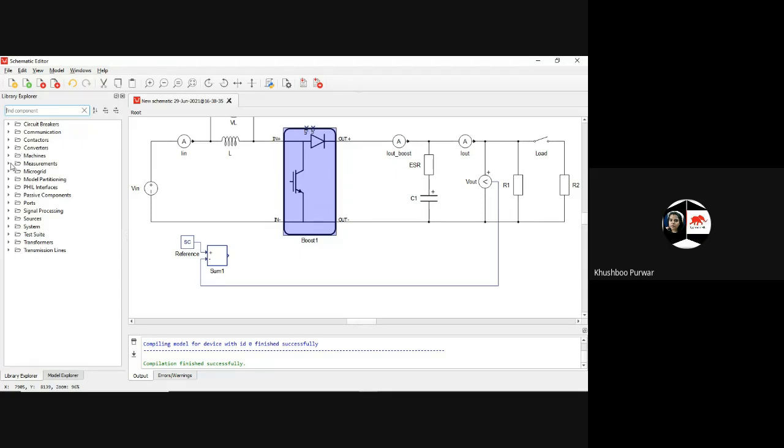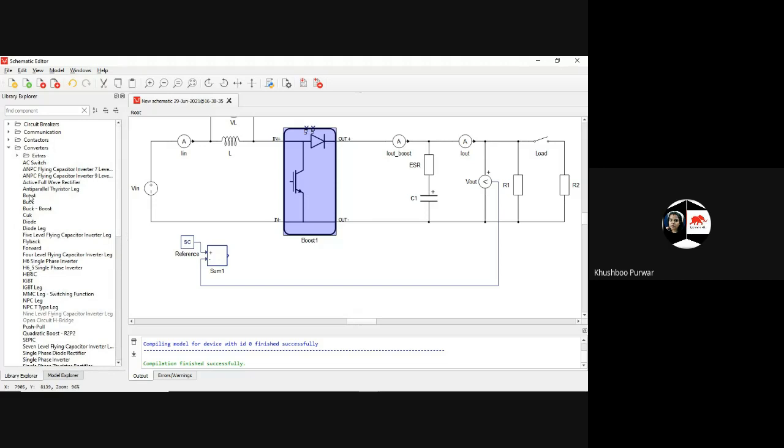You have to fetch this boost converter. I'll just show you, this one, boost. Not an issue, it happens the first time. Now is it clear?